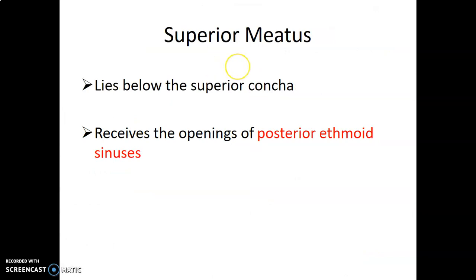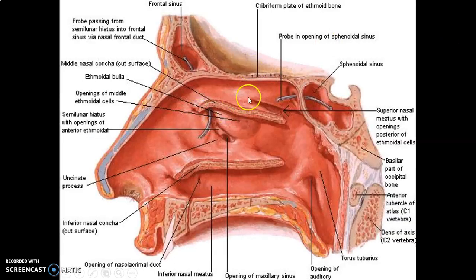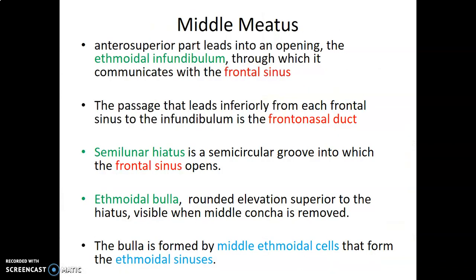This is below the superior concha, and it receives the opening of the posterior ethmoid sinus. So this is your superior concha. This is the superior meatus that receives the secretions from the posterior ethmoid sinus. The middle meatus leads to the